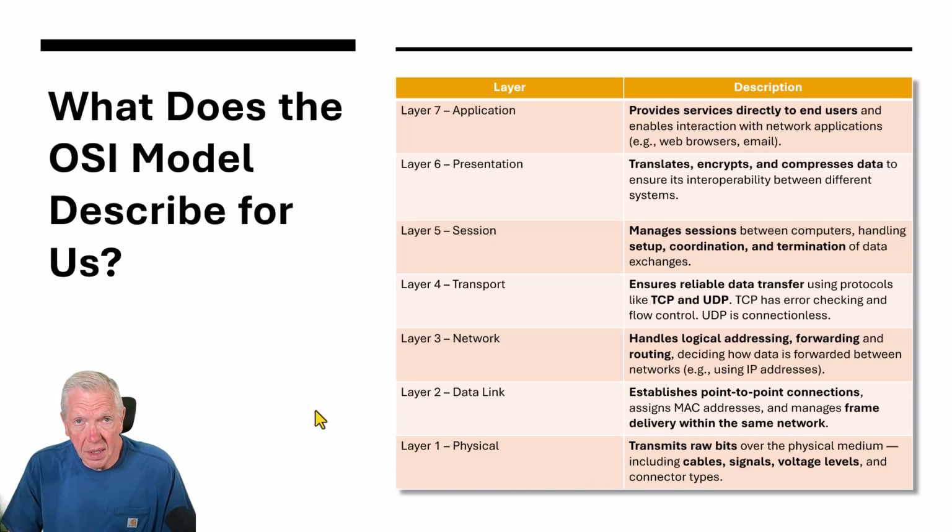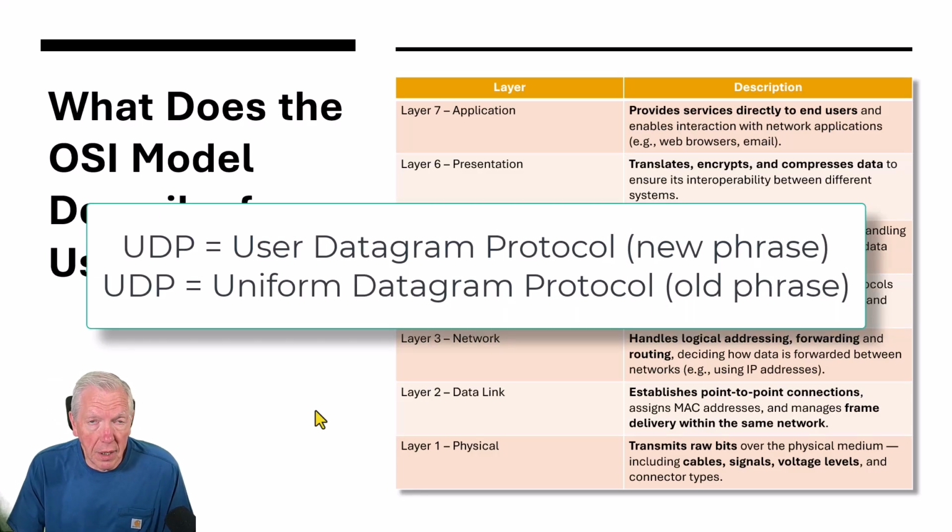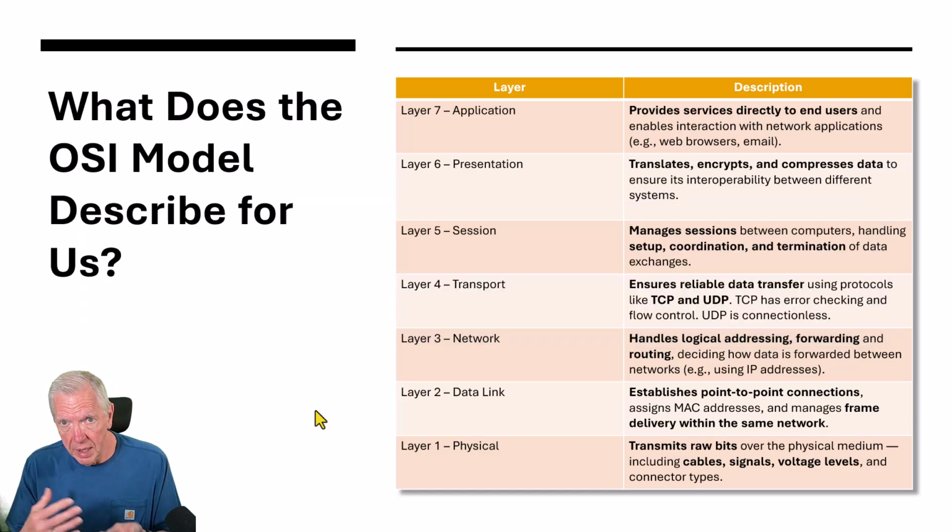Layer 4 is the transport layer, and it means exactly what it says. It's getting things from one place to another. So it's ensuring reliable data transfer. Now there's two protocols that belong inside the transport layer. One is called TCP, Transmission Control Protocol. The other one is called UDP, Uniform Datagram Protocol. They do essentially the same thing, getting things from one place to another, but they do it in quite different